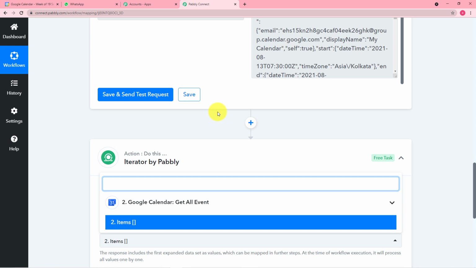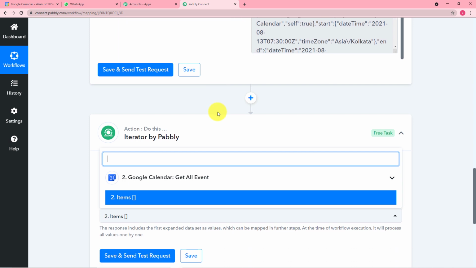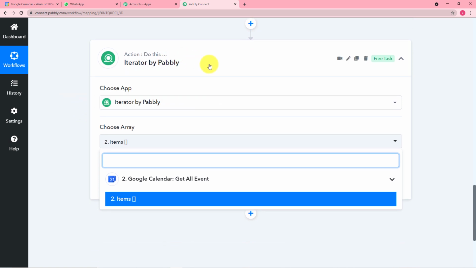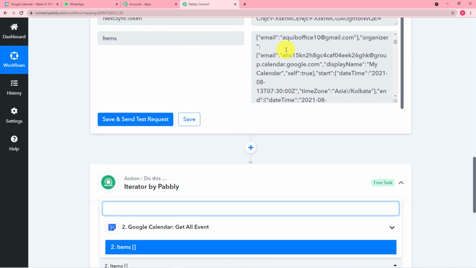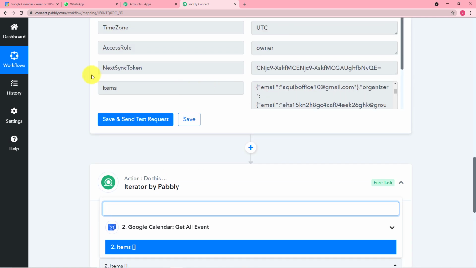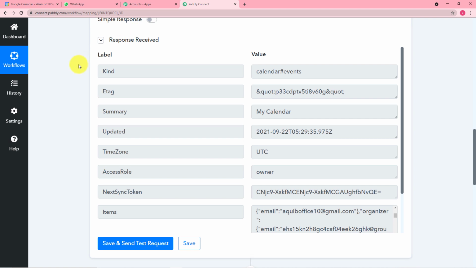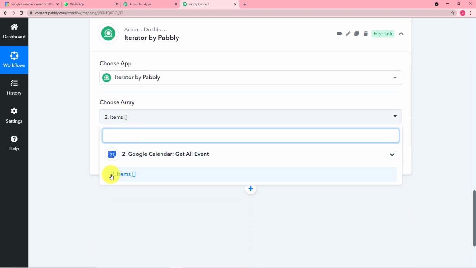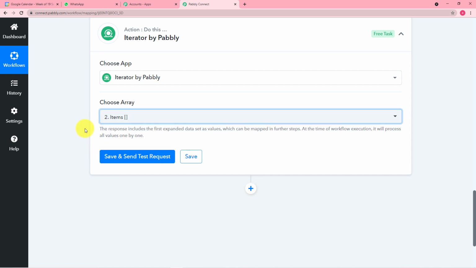Then it will take another event again, then send the reminder. Then it will look after another event. So it takes all the events from your calendar one by one. So this is the function of iterator by Pabbly. That's why we have gathered this data in this array format by toggling this button off, and now we are connecting iterator, and from the choose array we are choosing this items array.